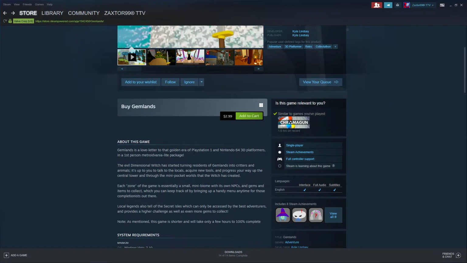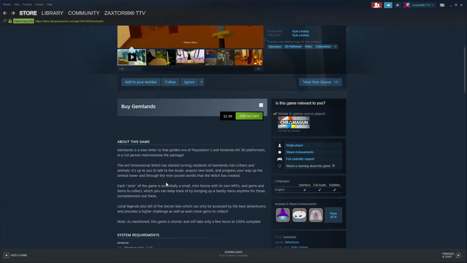It's a love letter to that golden era PlayStation 1 and Nintendo 64 type 3D platformer, and a first person Metroidvania light package. An evil dimensional witch has started turning residents of Gemlands into critters and animals, and it's up to you to talk to the locals, acquire new tools, and progress your way up to the central tower and through the many pocket worlds the witch has created. Each zone of the game is essentially a small mini biome with its own NPCs and